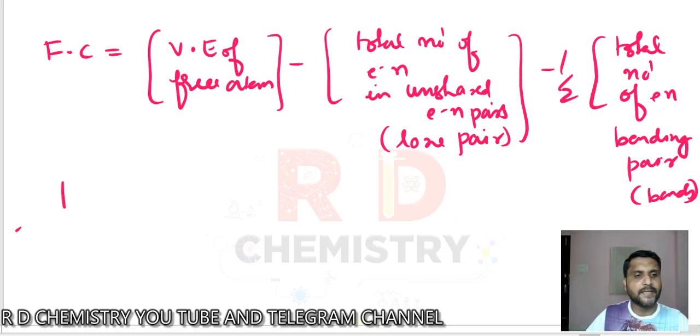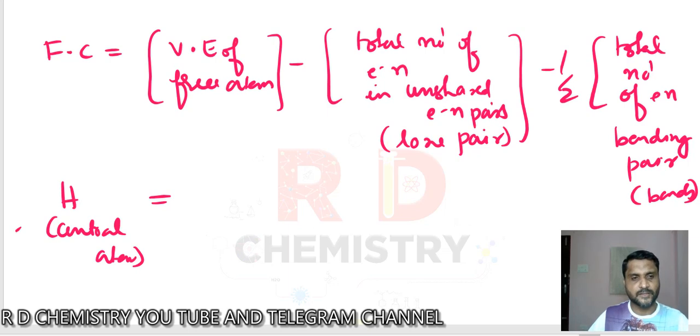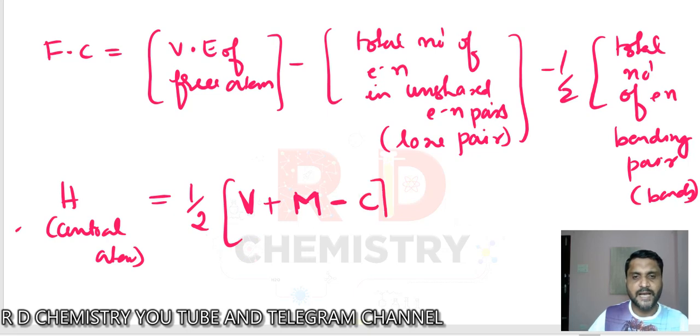Now, how to calculate the hybridization of the central atom generally? Central atom, okay? This is not in the textbook actually, but it is required to predict the hybridization. This is a technique. We can use a formula: H is half of the number of valence electrons in the central atom plus the number of monovalent surrounding atoms, minus C, where C stands for the charge. If there is a charge, for example, sulfate has a charge of minus 2.